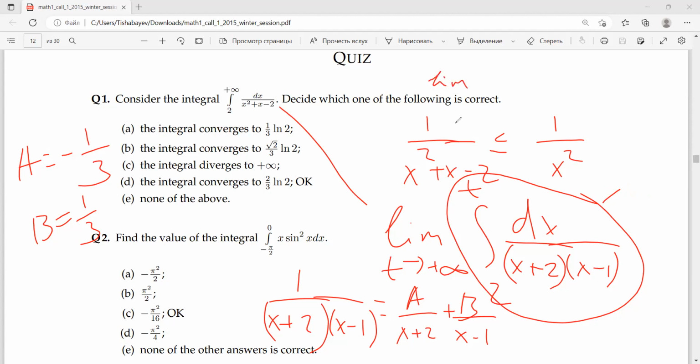Limit t tends to plus infinity, from 2 to t, then here we have minus 1/3 over x plus 2 plus 1/3 over x minus 1 dx, and then solve it. So you get here, if you factor out 1/3, it will be now